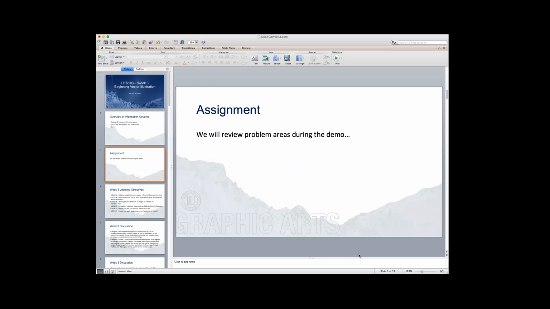I just didn't understand. I was trying to use the pen tool, and I don't know if my Illustrator isn't set up right, but it wouldn't allow me to use the pen tool correctly the way that you wanted to. Okay, yeah, no, that's fine. I'll go over a demo, and then if you're still getting stuck, we can go over it, you and I, at the end of class. The issue was when I was trying to use it, the handlebar would come up and it wouldn't allow me to outline. Yes, that is in fact, I'll be honest with you guys, it took me a while to finally figure out why my